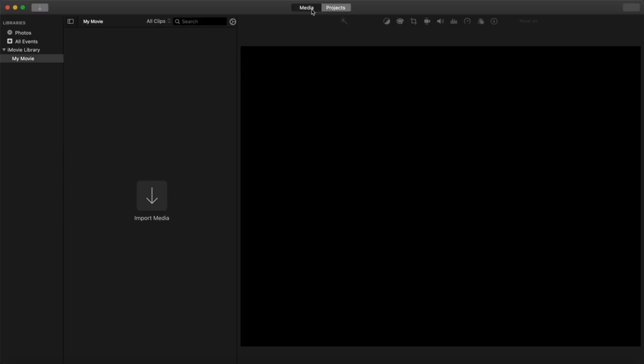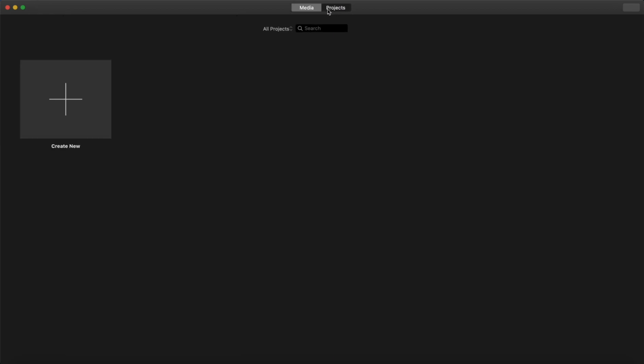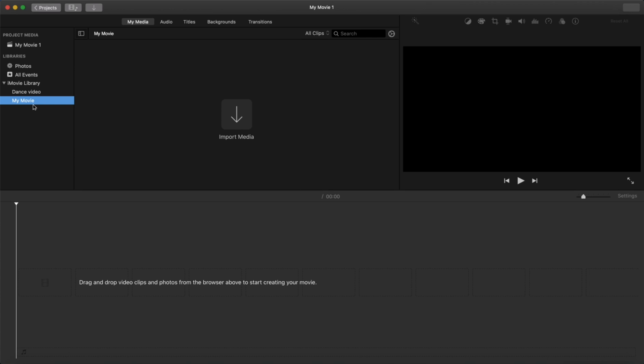Now you can either come up here to the media section and right click and create a new event. Name it whatever you want. I'm going to name it dance video for this. And select it and click import here, or you can go to your projects, create a new project, select either the event that you created, or you can create a new event in here as well, and then